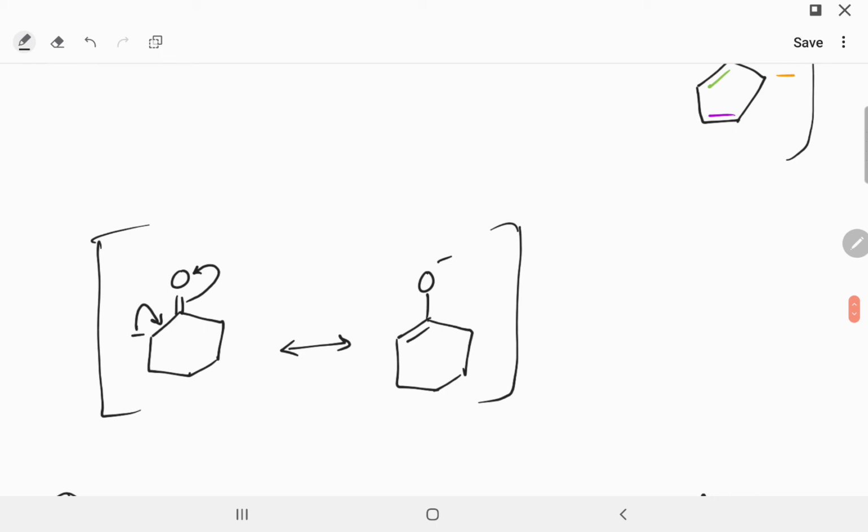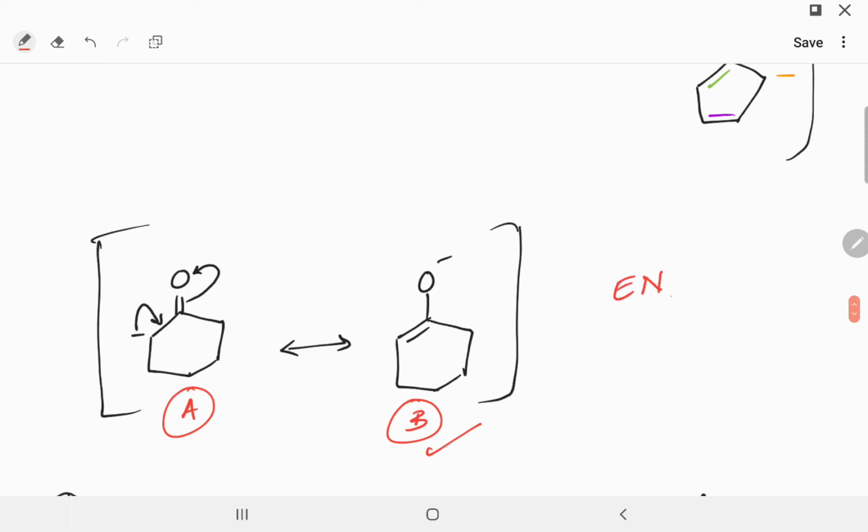And if I ask you this question, out of these 2 resonance structures, which one is more stable? Let's call them A and B. Which resonance structure is more stable? Of course, B will be more stable. Why? Because on B, the negative charge is on oxygen. On A, the negative charge is on carbon. So if you consider electronegativities,